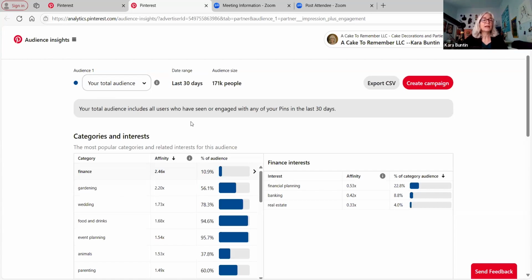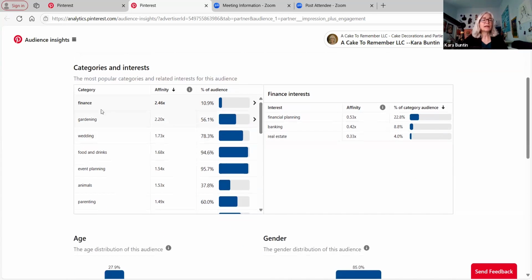So you want to post more of that. But I'm going to go look at my total audience. I know all of this stuff. This basically tells you like 94% of my audience is interested in food and drinks. That makes complete sense. 95% is interested in events, which makes sense because I post a lot about birthdays